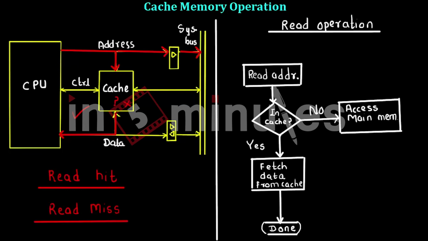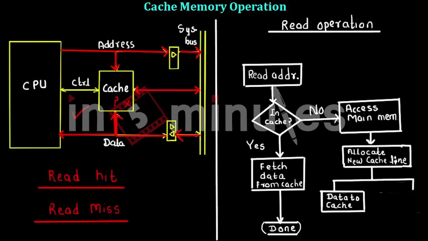Then the control signals are sent to the cache memory to allocate a new cache line, because after the read miss occurs, we want the data to be fetched from the main memory, and that location also needs to be stored in cache memory, so that in future, if we want to access the data again, it will be available in cache memory. So the allocation of a new cache line is done in cache memory.